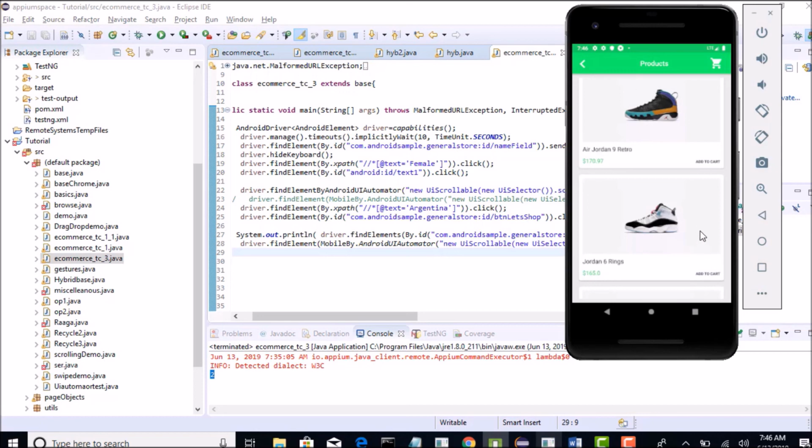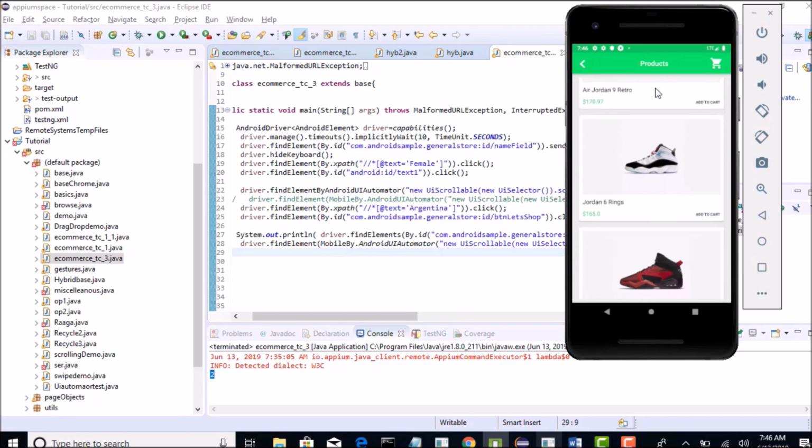Then what is the other way? And if you have a big screen mobile, and you automate on those large screens, because of screen capability and dimensions, 3 carts may display. Then how do you tell which one is Jordan 6 rings, whether 0, first or second? Okay, this is interesting, right? Now you have to specifically select add to cart only for this product.